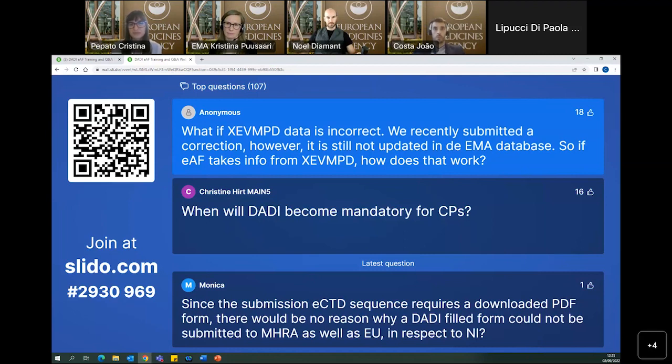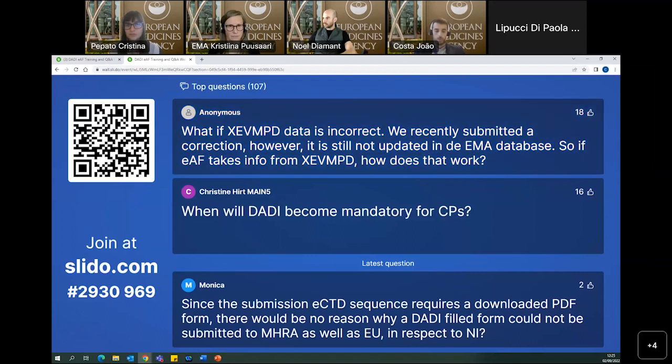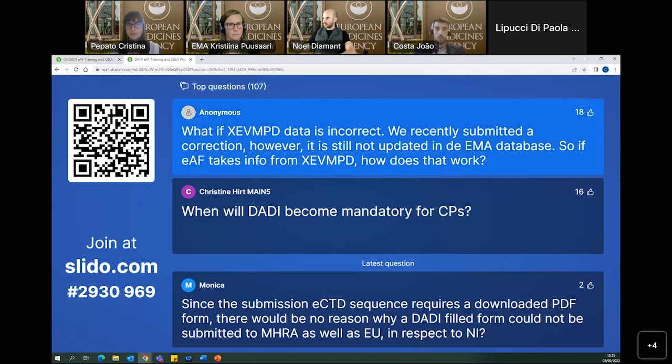So we do expect, because we performed the UAT following the migration from XEVMPD and also SIAMED, so we know that some data might result incorrect. Now, with the go live of DADI, you may see this data probably not perfect. We will encourage and recommend you to check the XEVMPD data to make the correction directly in the system. So with the use of Delta, this will be propagated to the PMS database and you will see them reflected in the relevant DADI form. And this is mostly relevant to the XEVMPD.